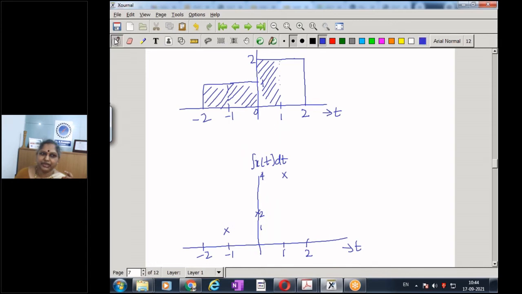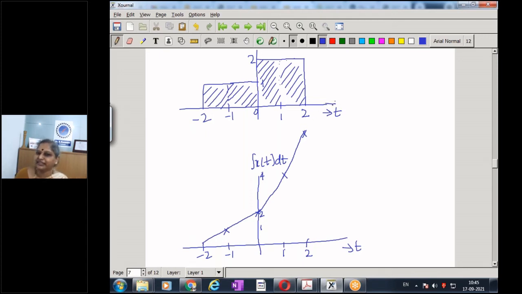Yes, I stand at 2 and look to my left. Now how much area do I see? Is it 4 plus 2? 6 or 8? I'm getting a few answers as 8 and a few as 6. I see 6. So this is a line. This is another straight line. Then I don't stop. There is no need for me to stop at 2. I go a little more forward.